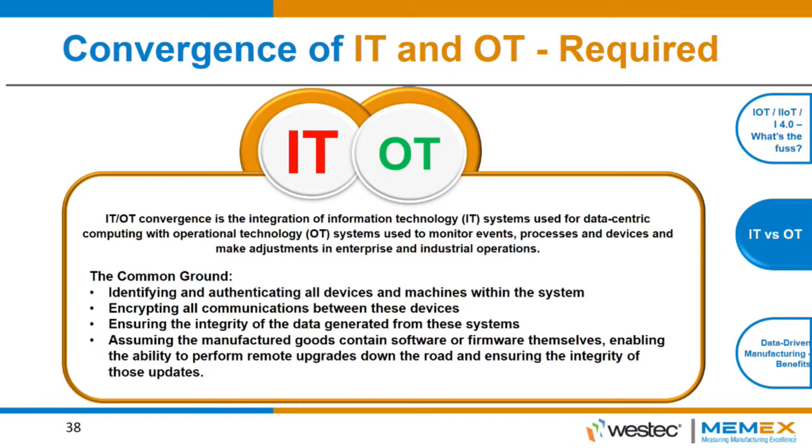Here's what has to happen. There has to be some common ground. There has to be a meeting of the minds. We have to be able to do this in a secure way, and Neil in his presentation will go through some examples of that. We have the ability now to encrypt all the communication, so we can actually take data that's encrypted both at rest and in flight. We obviously want the integrity of the data that's generated from these systems, and we want to know that the data is accurate and that it's secure. The convergence of these two teams has to happen, and we're starting to see a little bit of that. We're starting to see some IT and OT convergence, but there's still a long way to go.